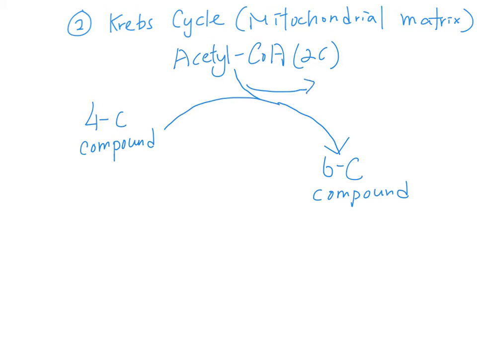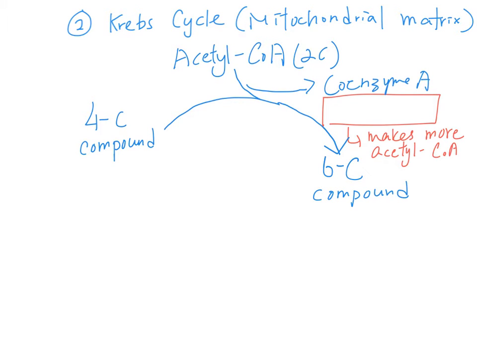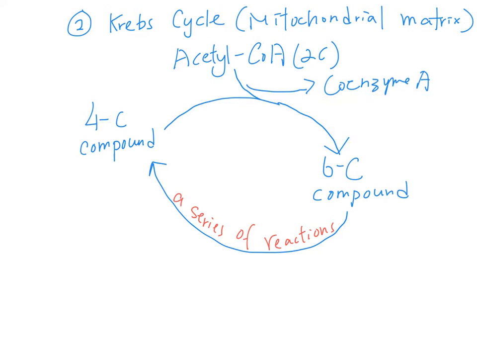Now, if you still remember, the coenzyme A was only a carrier to bring the acetyl group to the Krebs cycle. So at this point, the coenzyme A will leave the reaction and go back to bring more acetyl. The 6C compound will then undergo a series of reactions to eventually become the 4C again. In the process, it will be giving out 2 carbon dioxide because 6C is becoming 4C, so 2C is given